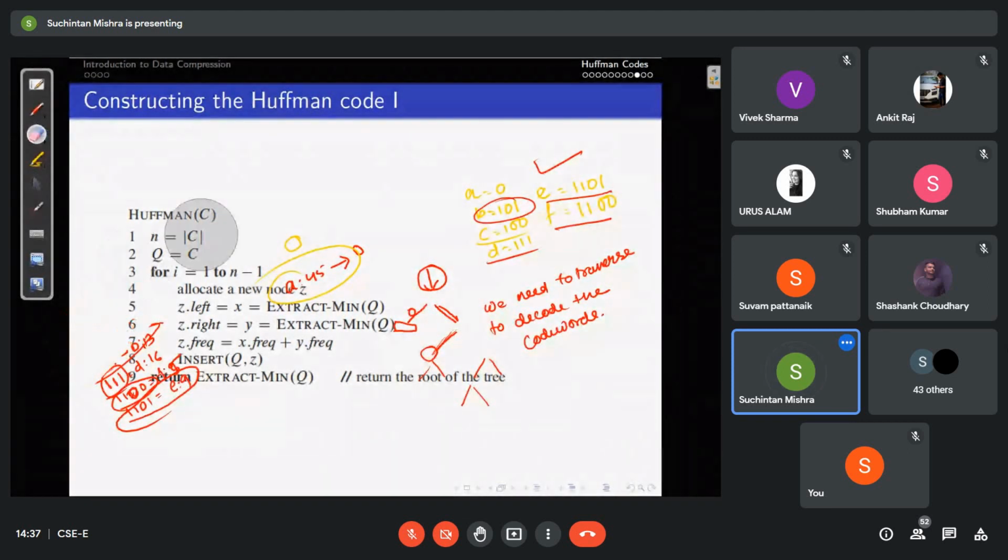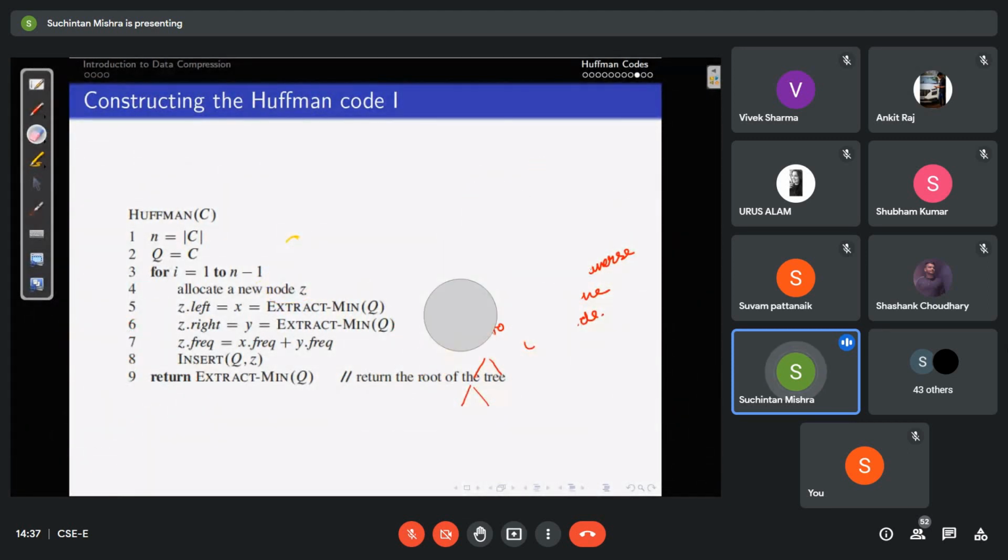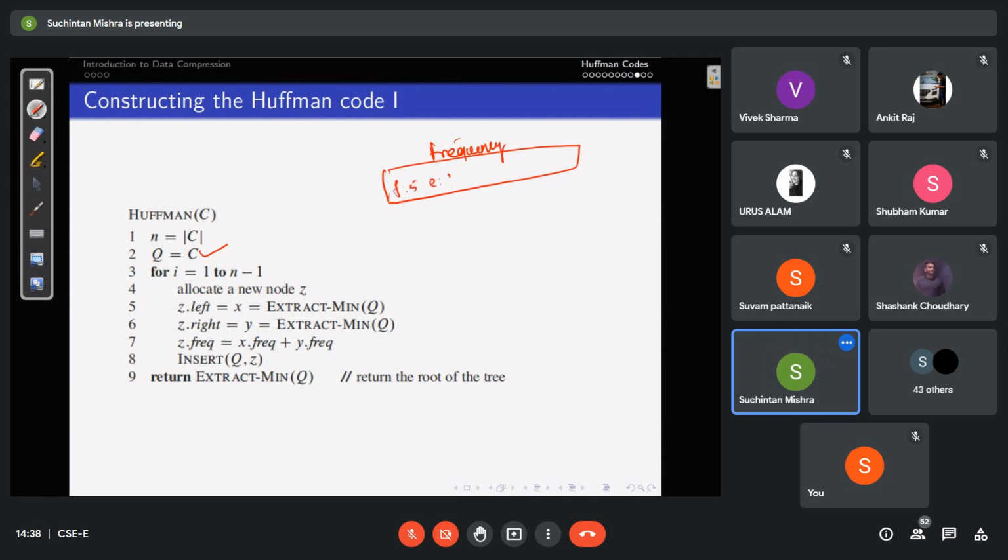Yes, this is the exact algorithm now. What it is doing is placing everything into a min priority queue, where the priority is the frequency. So now they will be arranged according to their frequencies. Once they are done, for the next two nodes, we will call the